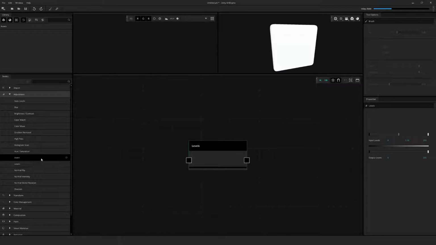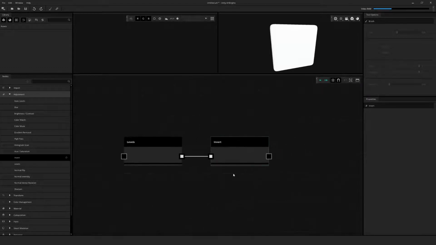If I double-click on another node, say the Invert node, it will attach to the node upstream. The concept here is simple. When you have a selected node and try to add another one, it will do its best to attach the node upstream. So with the invert selected, as indicated by the blue outline, I'll double-click blur, and now that gets